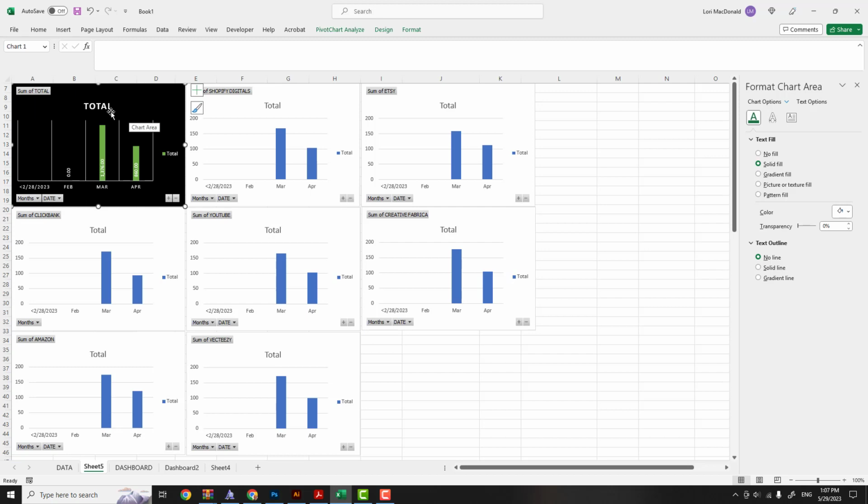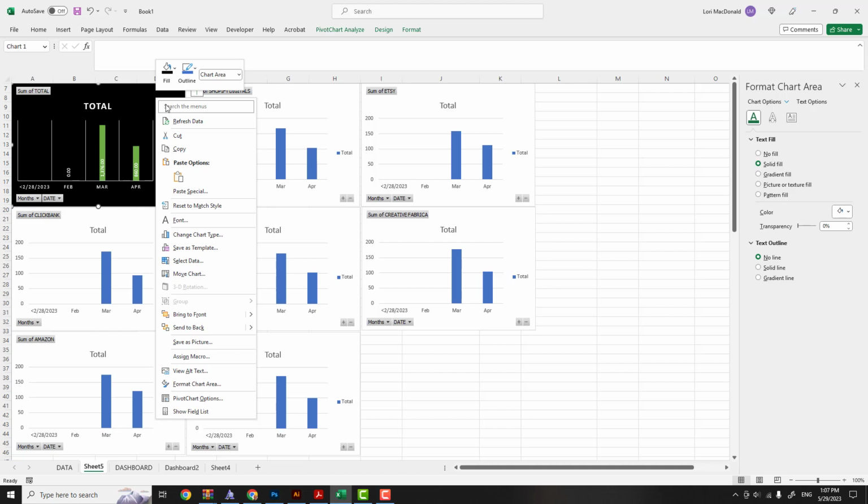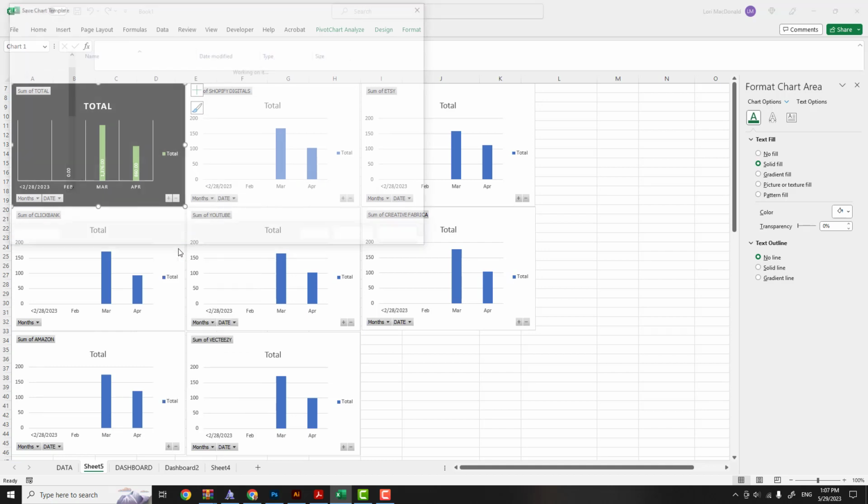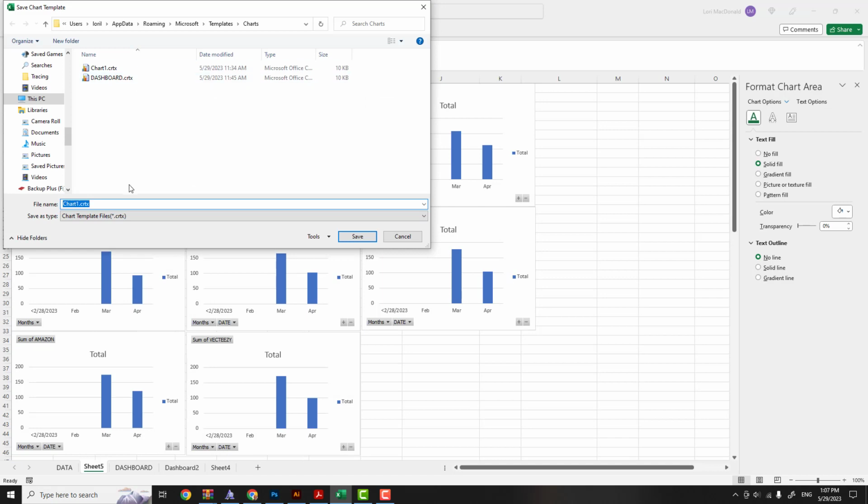Okay, so there's a lot more fancier things that you can do with this. You can make these bars a little wider. We're just going to leave them at that for now. So we want to save this style. We just click in here, we right click, and we'll say save as a template. So it asks you where do you want to save it to. It's under your app data in your Windows folders here, under Microsoft Templates Charts. It saves it in there. You don't have to worry about it. It's automatic. So we're just going to put in test chart,